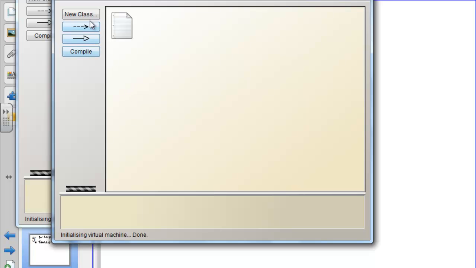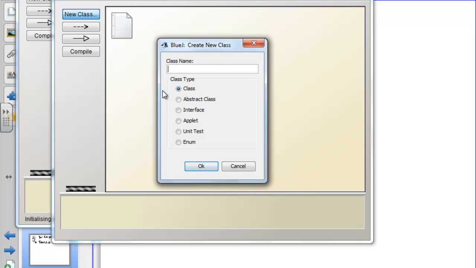So here's where we're going to click on New Class to create a new class in this package. And these are going to be, for almost all of our stuff, just a regular class. And the class name. Now the class name needs to be the .java name that's given to you. So in this case it's called helloprinter.java. So we're just going to write